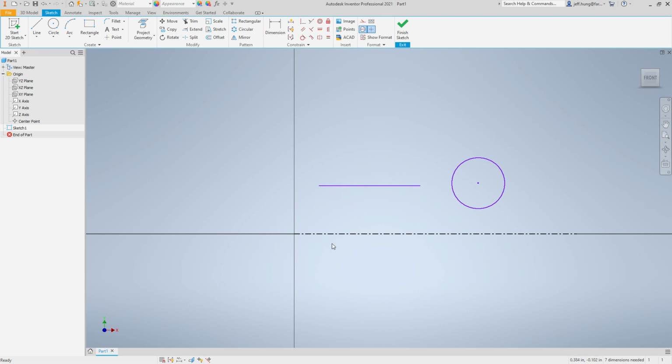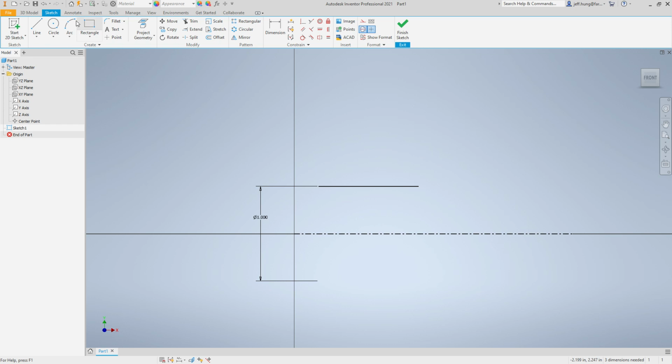As I've mentioned before, when you draw a line or a circle, when you dimension anything from the center line, it will automatically think of it as a diameter. So for example, I create this. Now you can see this is a diameter of 1 inch. Similarly, that diameter from this center point to this center point is 1 inch. What this will do is that if you have rotational parts like a cylinder,